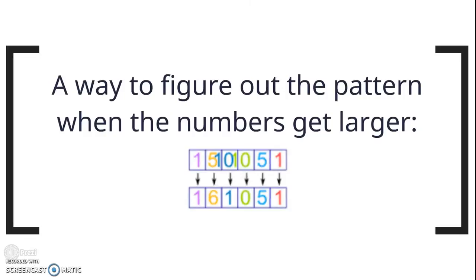Of course, as you get into larger numbers, this pattern isn't going to work, so the way you would figure that out is to move the first digit of the double digits into the digit above. Like 1, 5, 10, 10, 5, 1 would become 1, 6, 1, 0, 5, 1. And this can continue on